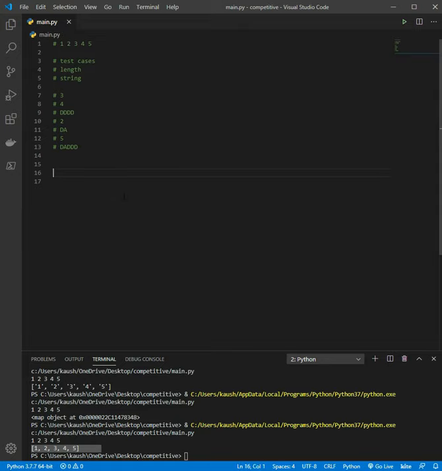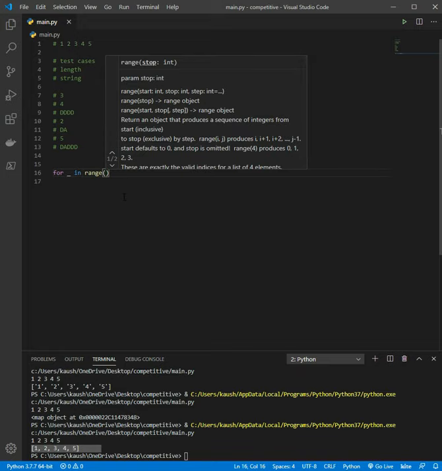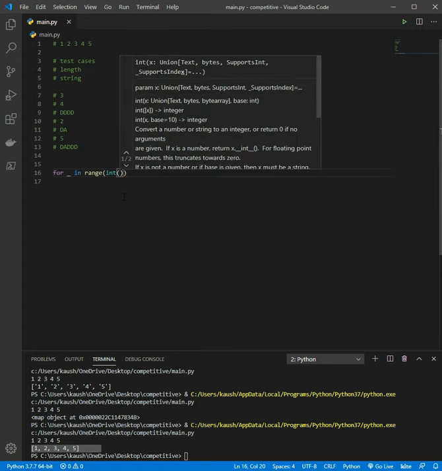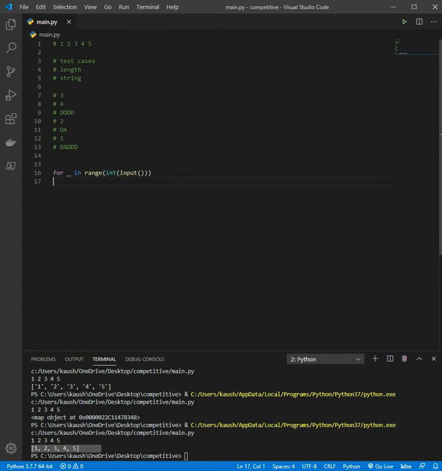But for the second, whenever test cases are given, we have to make a loop so that our code runs for as many test cases as are available to us. Of course, as you know, input gives a string by default, so I have to typecast it to an integer. Now the first line is 3, so it will run 3 times. In the second line, if it is 4, which means that this is a length, so I can now store it as a single value.